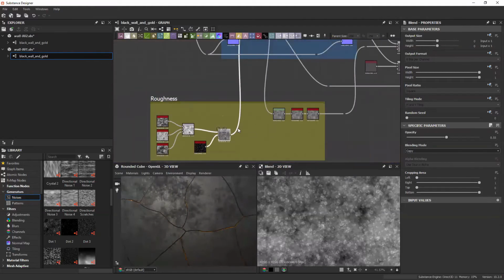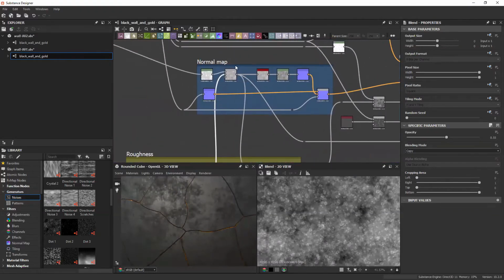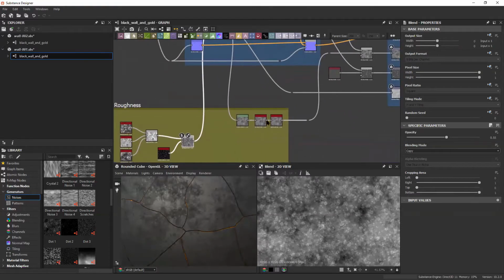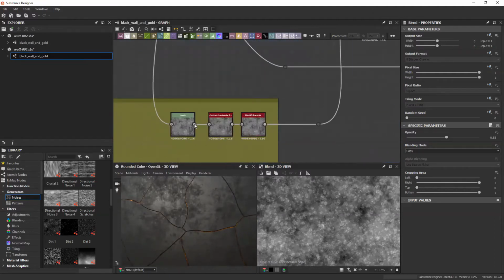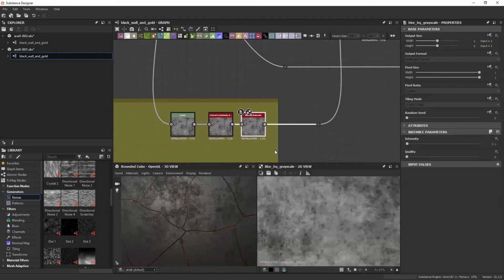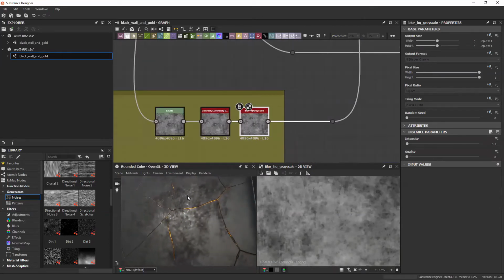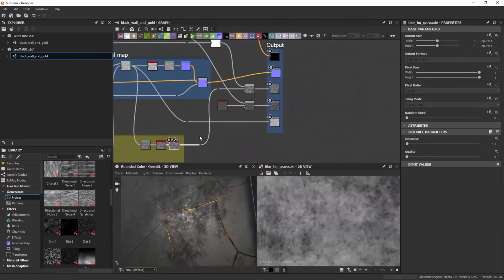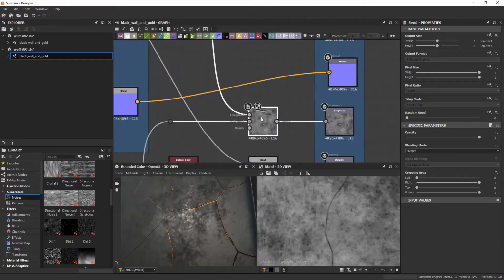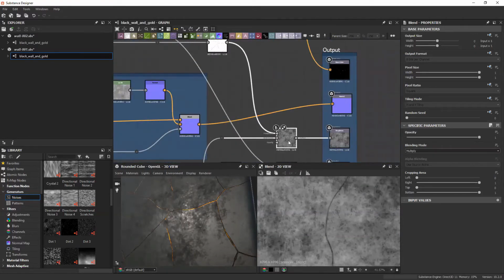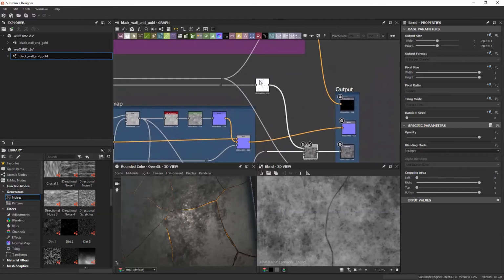And then from here, our texture goes to the normal map. We'll get back here a bit later. And afterwards, it's going back to the roughness. And over here, just a little bit of color correction and a little bit of blur, just to make the wall look slightly more natural, right? And from here, everything goes connected with the blend node. And over here, I'm blending the actual